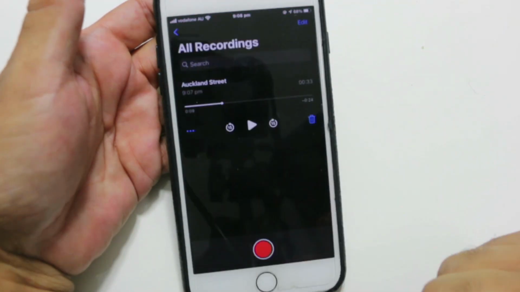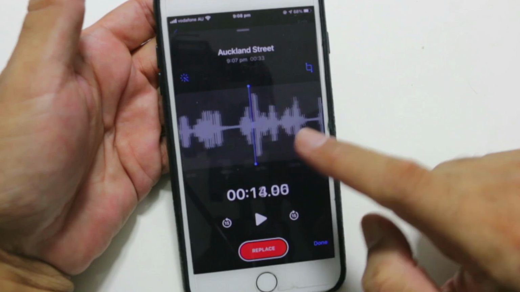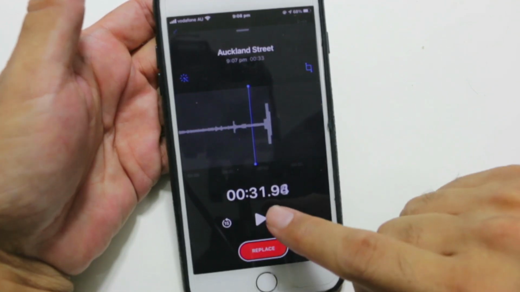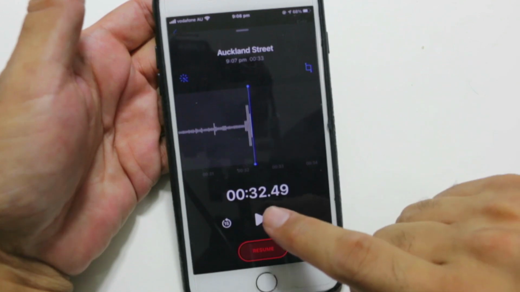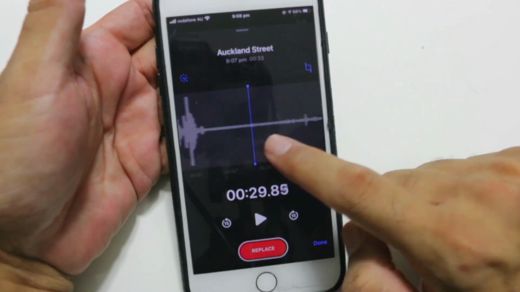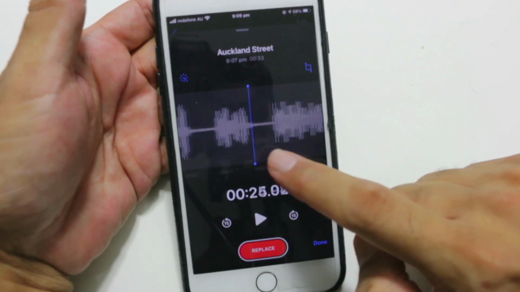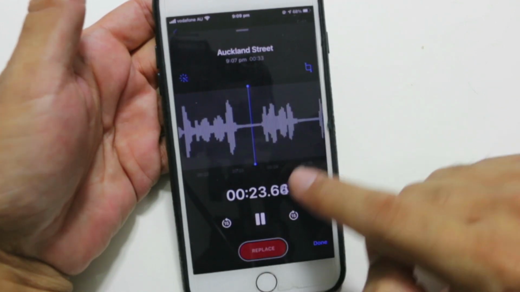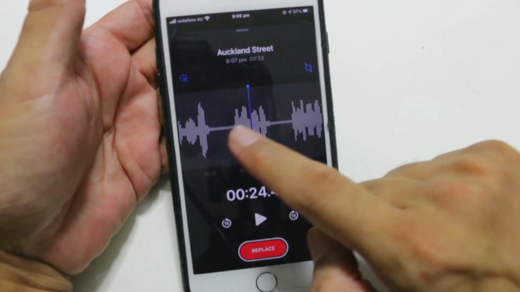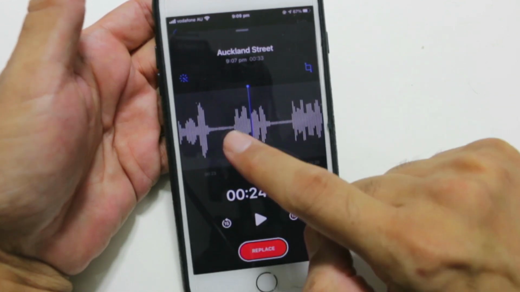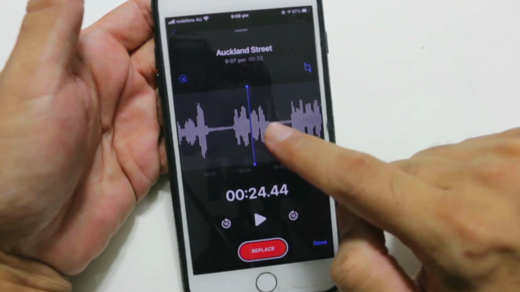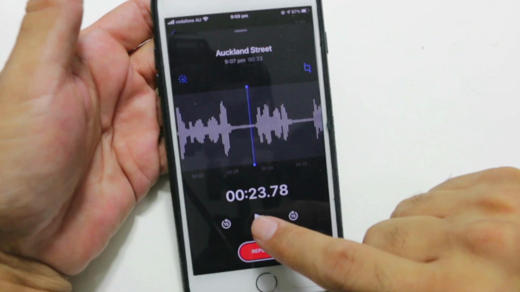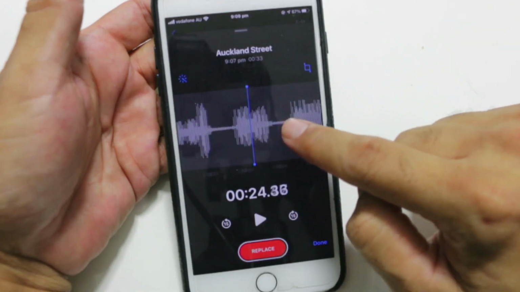So I click on edit recording, and now I have this recording in front of me, and as you can see the time is in seconds. So it is 32.49 seconds. So it is very accurate. Now if you want to replace any word, you can. And now let's say I want to replace this word, associated. Instead of this word, I want to say some other word, for example attached. So I play this. So instead of associated, I want attached.